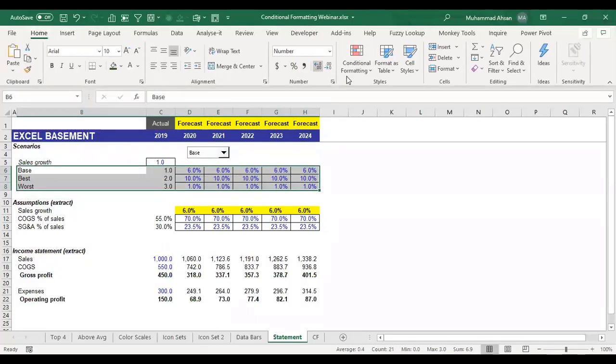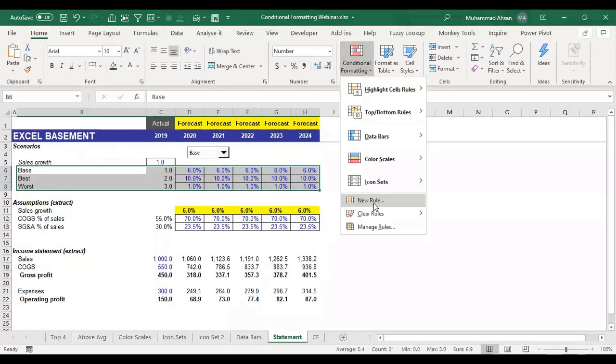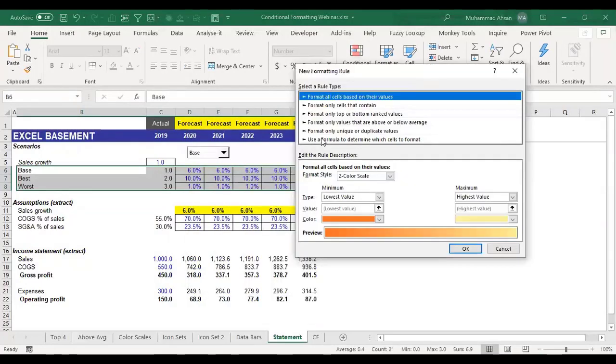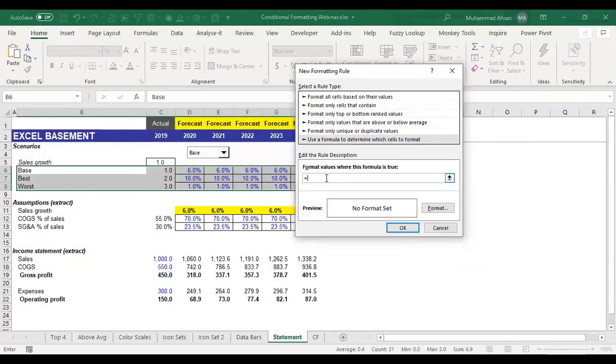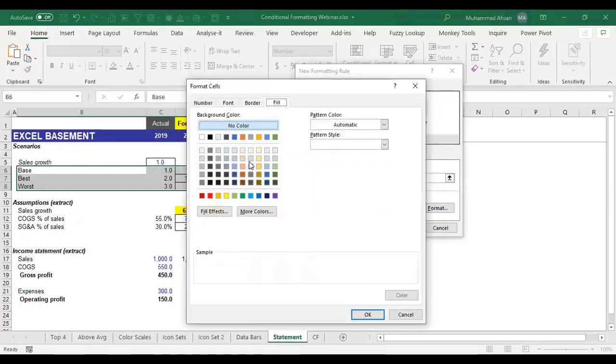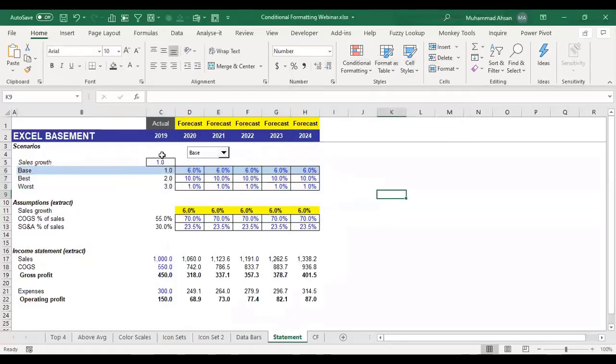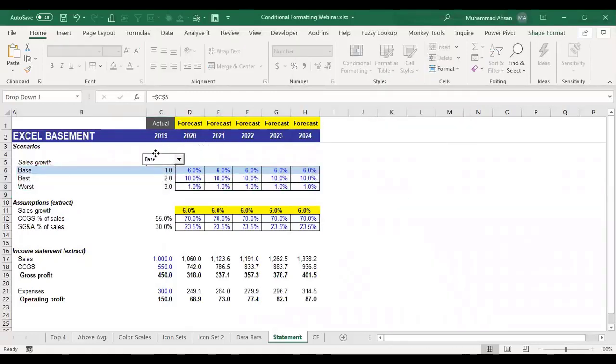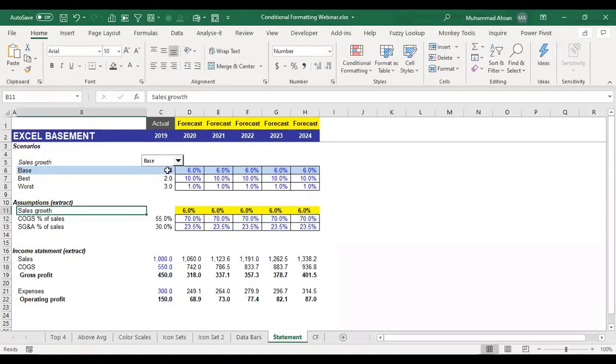I will go to the conditional formatting and click on new rule, and we will define a rule here. So we will select the last option, and a very simple logic will be created here. If C5 is equal to, for example, this particular first situation cell, then the color we are applying here should get highlighted. Now if I drag and drop the drop down menu in front of that cell, and whenever I select any situation here, you can see that that particular situation gets highlighted, right?